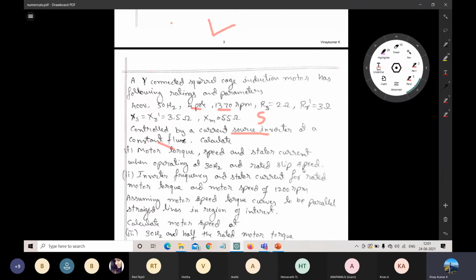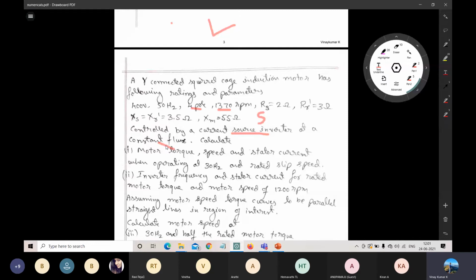So the inner closed loop module will have our flux control and the inverter, whether it is VSI or CSI. In this problem, he has told us to use a CSI, current source inverter. So the current source inverter is fed by our flux controller, and this flux controller will be of constant flux. So just glance at that block diagram, the closed loop module.